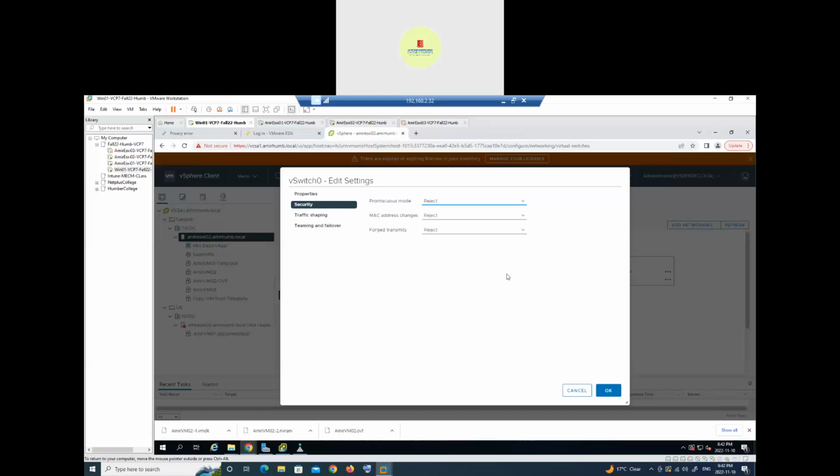Then there are MAC address changes and forged transmits. These are just more protection tools. First of all, virtual machines are provided MAC addresses by the hypervisor, because these are not physical network interface cards. These are virtual network interface cards, so they have to be provided a MAC address from somewhere. The hypervisor provides them, and if a virtual machine tries to change the MAC address, normally that happens